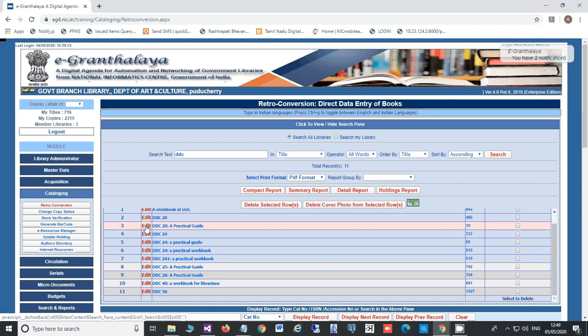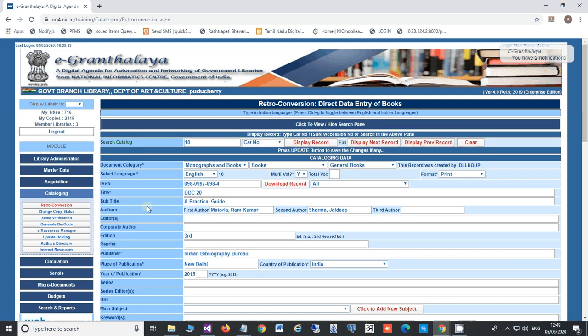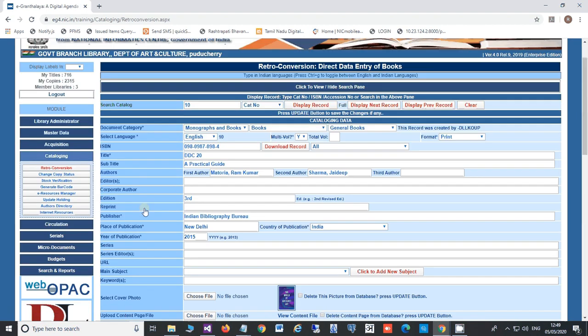If it is available, you can just click edit and check whether this is the same book which you have purchased. It may be possible that this book is available in other libraries participating in your cluster and they have entered the record, or it may be that you have more copies of this book and you have already entered the record. Anyhow, you need to confirm whether that particular book already has a record in eGranthalaya.